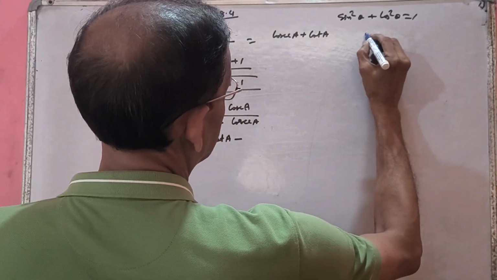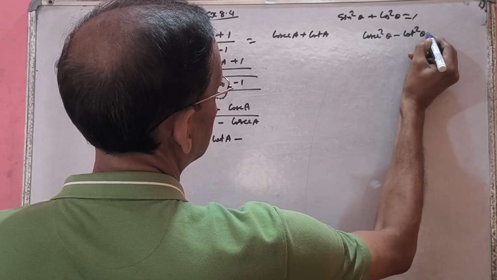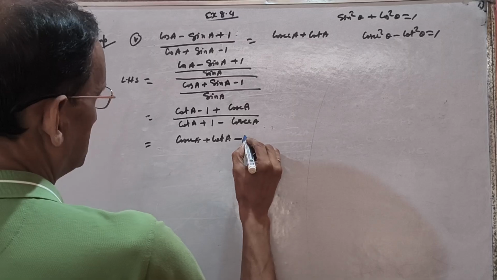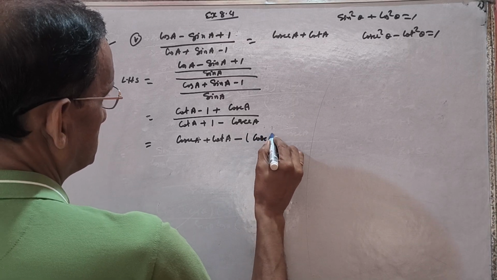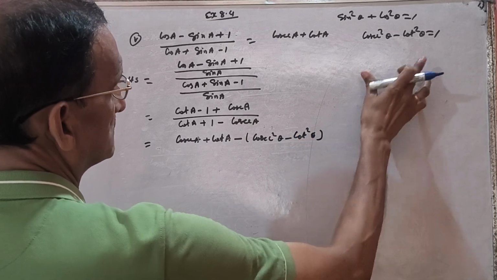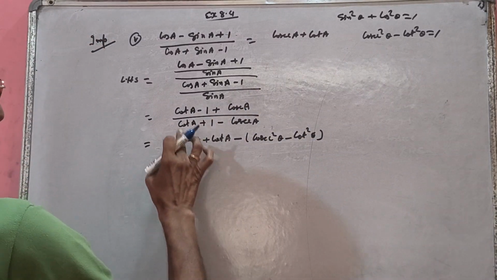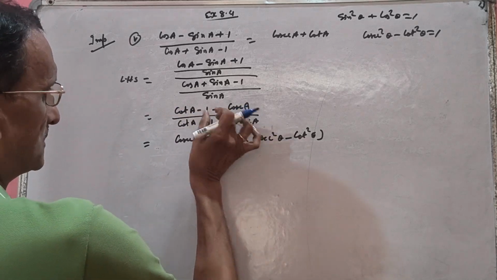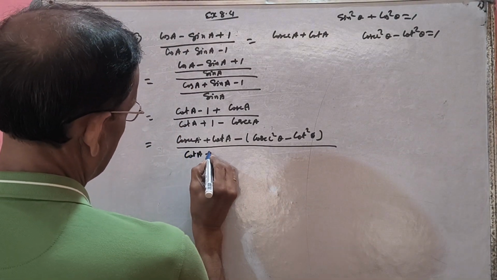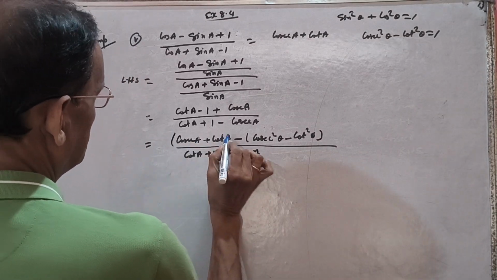See, what is the other identity? There are three only. Cosec square theta minus cot square theta equal to 1. So this is cosec A, this is cot A, and for the minus 1 we can write cosec square minus cot square, this identity, which equals 1. Understood? Cosec A plus cot A minus 1, the 1 is 1 only, just copy it. Write down cot A plus 1 minus cosec A. We have not done anything to the denominator. Now keep it in the bracket.